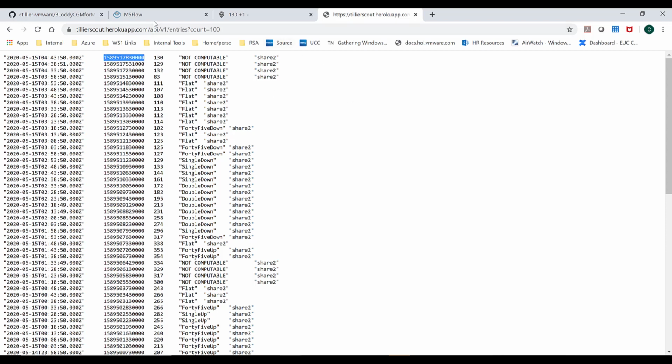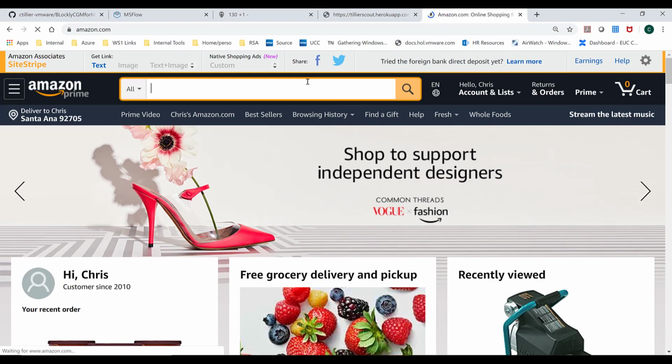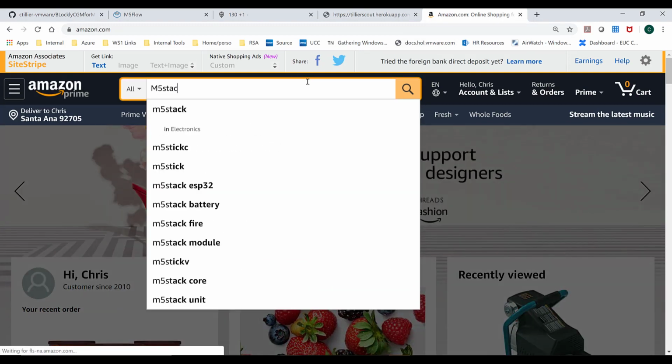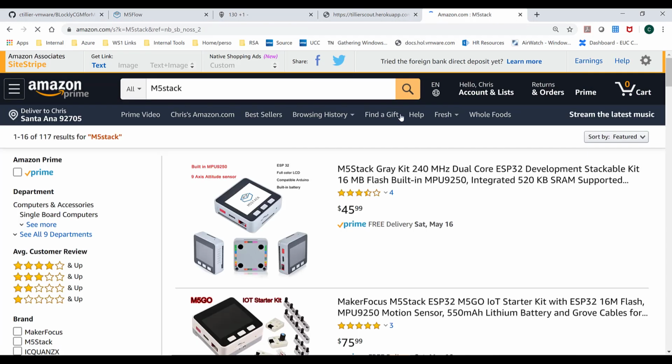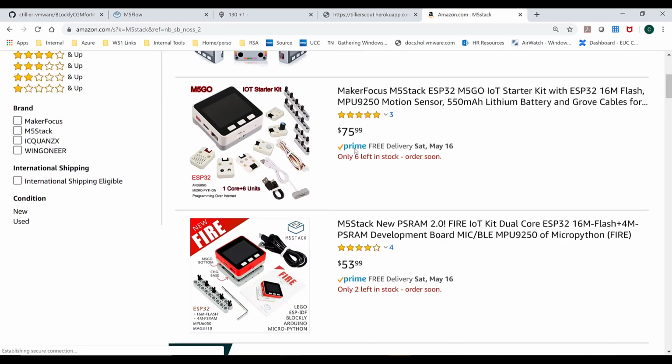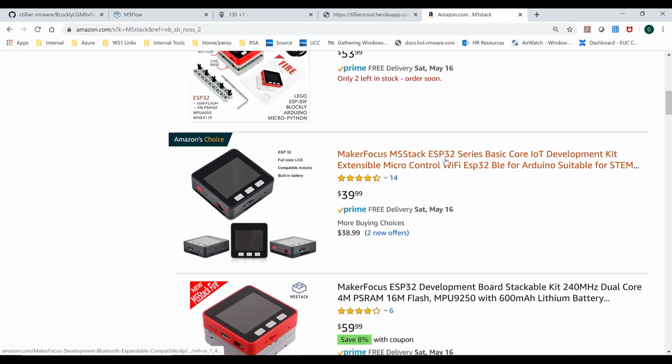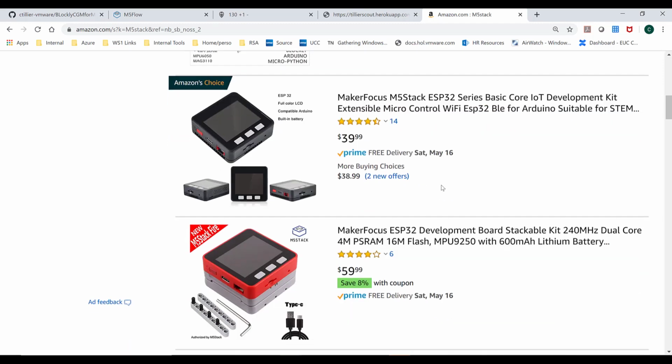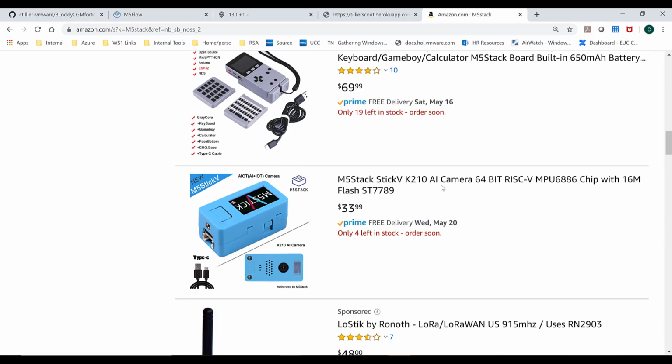So if you haven't checked it out, go to Amazon and get the M5Stack. And then you'll see that there's a whole bunch of different ones that are available. I personally like the M5Stack. It's one of the cheaper ones, but obviously what I'm going to show you would work on any one of